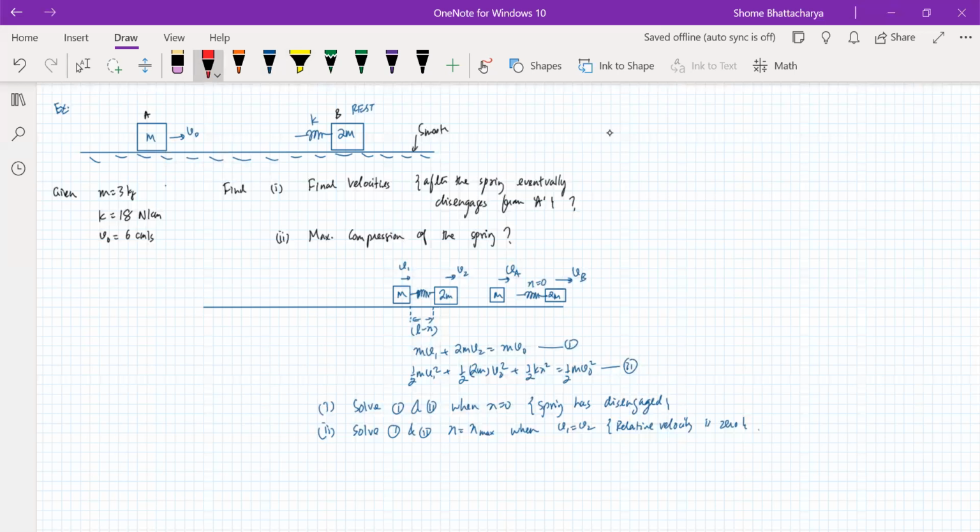So if you compare this picture with the first picture before impact, you're seeing this is what is happening. So can we not say that VA is going to be (M minus 2M) upon (M plus 2M) into V naught, and VB is going to be